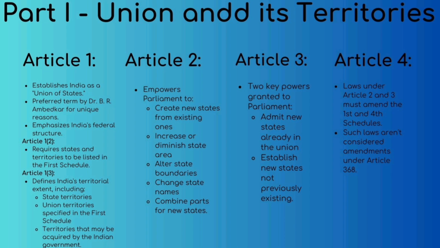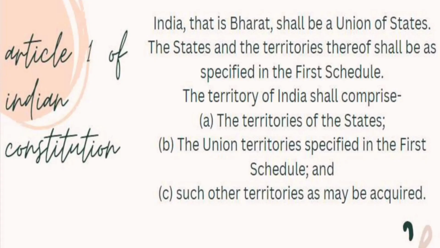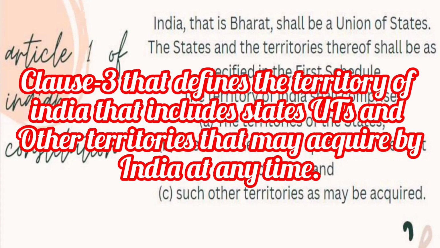Now moving forward with Article 1, Clause 1 clearly declares India, that is Bharat, shall be the Union of States. This phrase, Union of States, is crucial for two reasons. The first one is that, unlike the USA, India's federation is not a result of an agreement among the states. The second and most important is that no state has the right to secede, to take away from the Union. And what about Clause 3? That defines the territory of India, which includes the states, union territories and other territories that may be acquired by